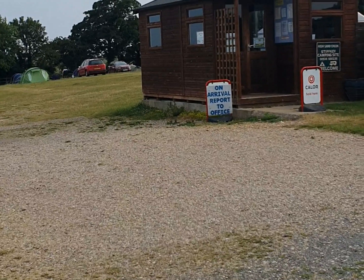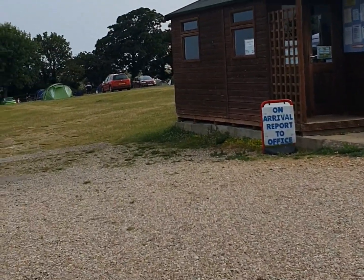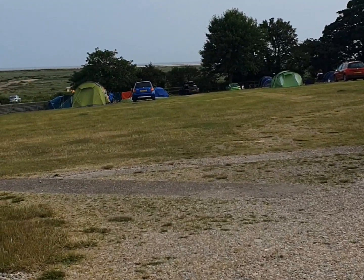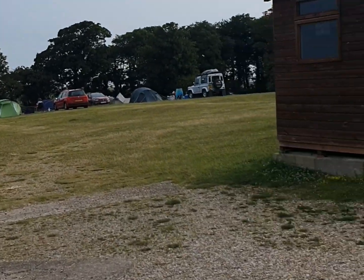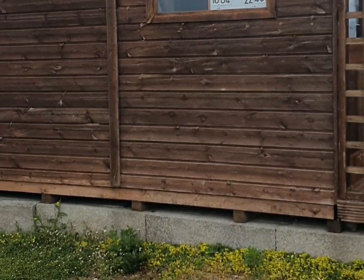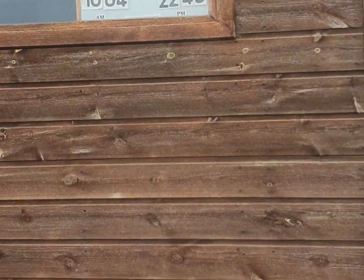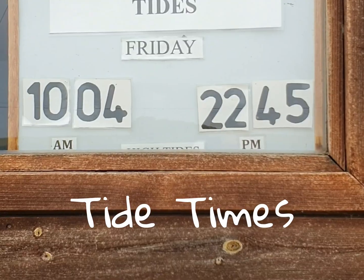On arrival, here's reception. If you're not there, just ring the bell. If there's nobody there, just ring the bell and they will come and see to you. They're very attentive, show you to your pitch, help you if you need anything while you're setting up. And they also have lots of information here on emergency contact, on the tides,